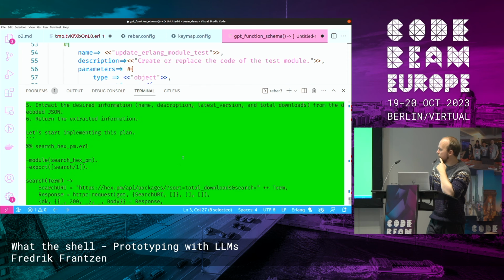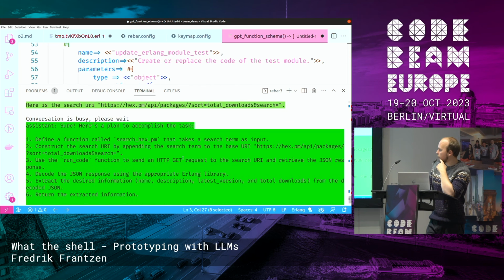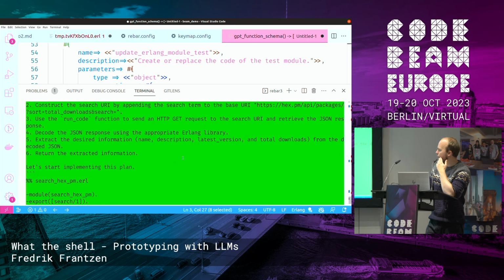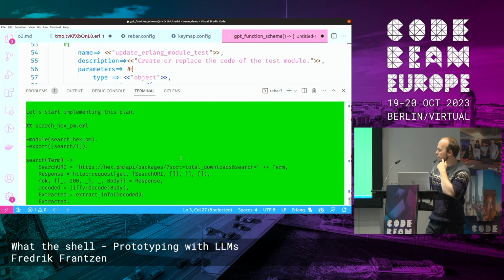All right, so here we have a response that seems to be better. First it explains how it will accomplish the task, and we can skip that for now. It's similar to how ChatGPT works. What's interesting is actually the function here.